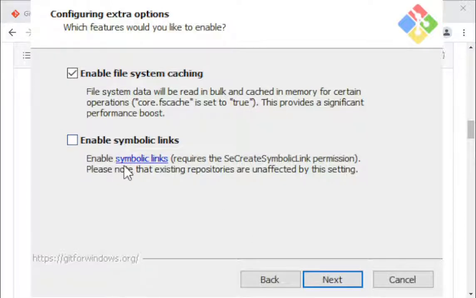Enable symbolic links. So I had to look this up. Anyway, I read up on this. I've got the link open in the browser tab if you want to see it, or just click it yourself. So it requires the SeCreateSymbolicLink permission, but you get this in modern versions of Windows 10. I don't know when that article was published, but by modern, I mean, by the time you watch this video, it will be modern only because Windows updates itself all the time. I mean, mine was installed a year ago, but I'm pretty sure it's up to date still, the modern Windows 10. As long as you've got Windows 10, I don't think you need the SeCreateSymbolicLink permission. That's, oh,